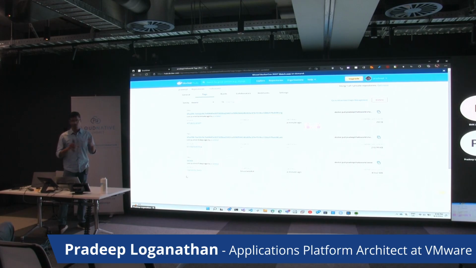So a container is no longer a black box where you don't know what you're downloading. Rather, you know exactly what your container has, whether you're comfortable with it, and whether you're sure of what you need within that particular container. So this is one whole process. I've simplified it a lot, reduced it to just the basics alone.